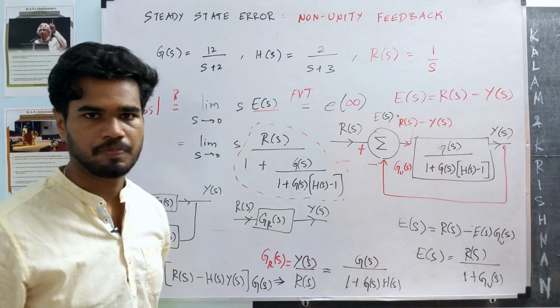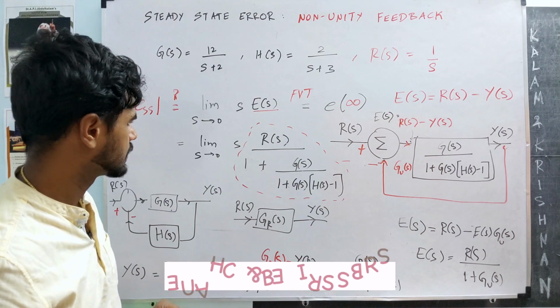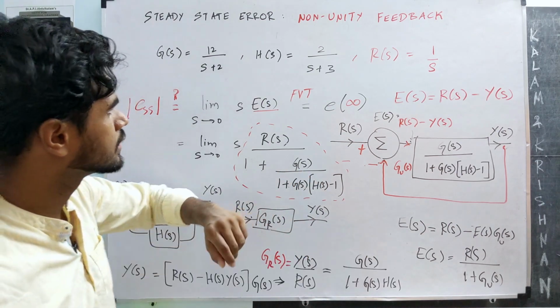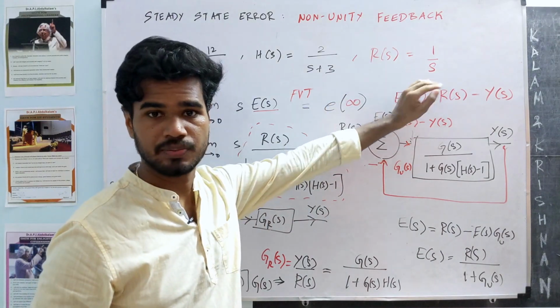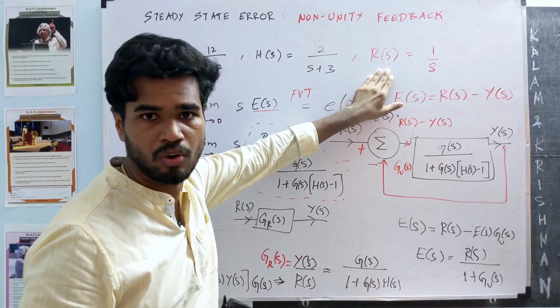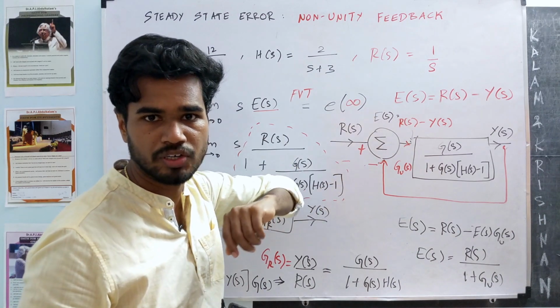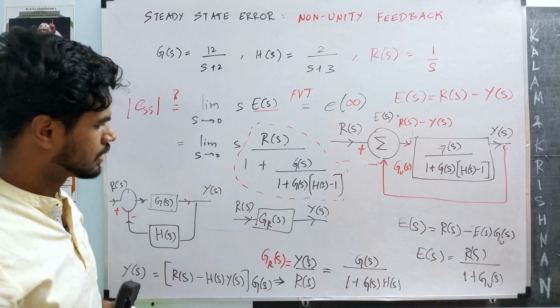So I'll end this video posing a couple of questions to you all. The question said the input is a step input, right? So r of s is 1 by s. Why is that the case? What else is possible for r of s? Can the input be a ramp function? Can the input be a parabolic function? In that case, how are all these things going to change? And then